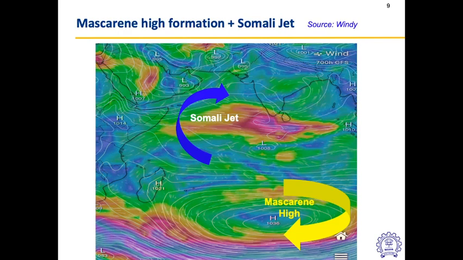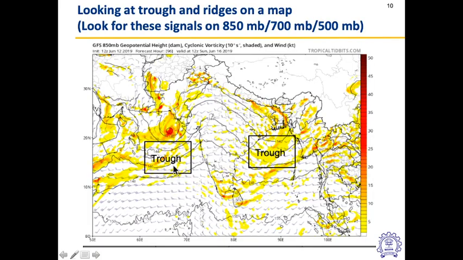And like I said, we have two branches. One is the Arabian Sea branch, one is the Bay of Bengal branch. This Arabian Sea branch is the Somali jet that we discussed now. So let us see how this Arabian Sea branch helps in bringing monsoon rains to India. As the Somali jet is moving from west to east, it's a westerly jet. What it does is there could be a cyclonic circulation in the Arabian Sea, which could trigger a trough formation.